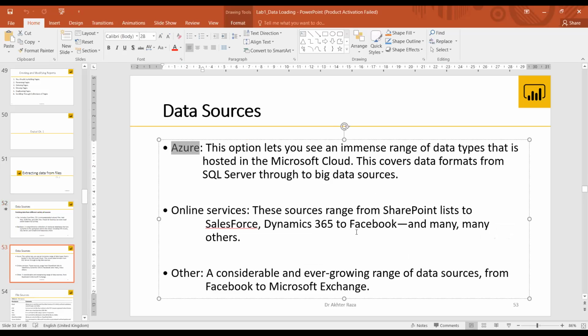But one more important feature we have in the extraction level is known as direct query. What is direct query? Direct query means live data. If you have live data, the data will not be completely downloaded to your local computer. You have a direct link with the data.